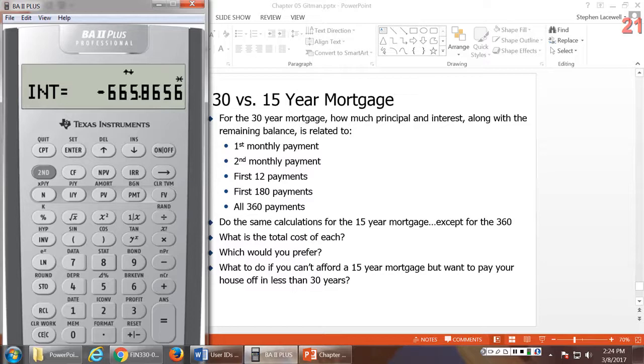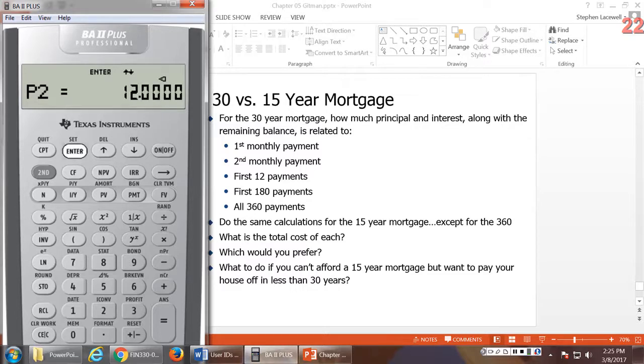Now, we can take a look at a series of payments. Now, to do this, I'm going to work my way back around to P1. And it says here, what about the first 12 payments? So the first year of making house payments, how much have you paid in principal and how much have you paid in interest? So to find this out, I want to know from payment 1 to payment 12. So I'm going to set P1 equal to 1, press the enter key. And then I'm going to press my down arrow key and I'm going to set P2 equal to 12 and